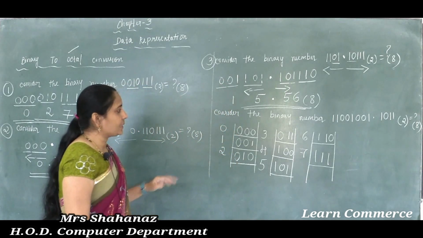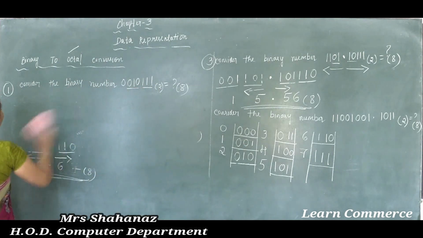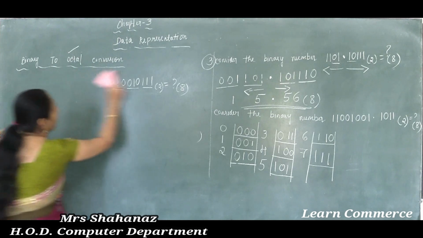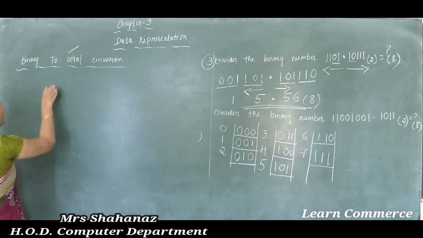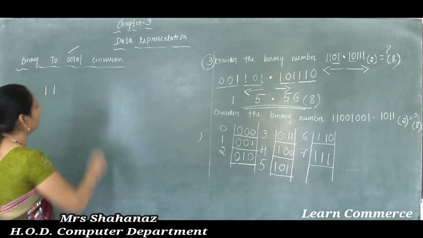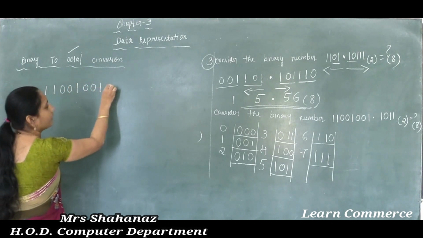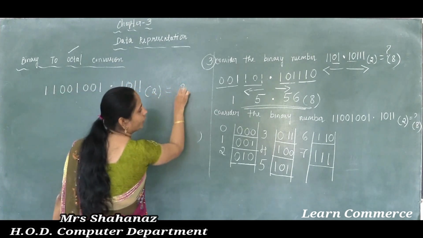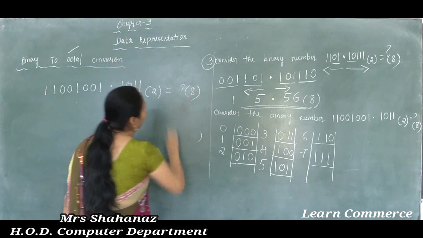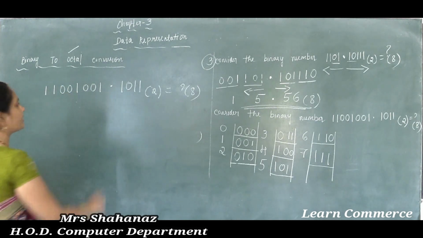And lastly, let's talk about the question. Okay, how we need to complete this question, as we know that we already completed some questions here. So now the last fourth question, that means the question is: consider the binary number 11001 and 001 here and later 1011. That means conversion from binary to octal. Okay, so the question is 11001 and 001 and the fractional part 1011.